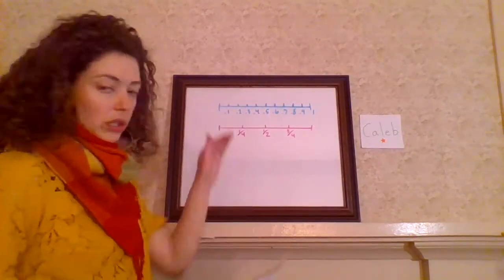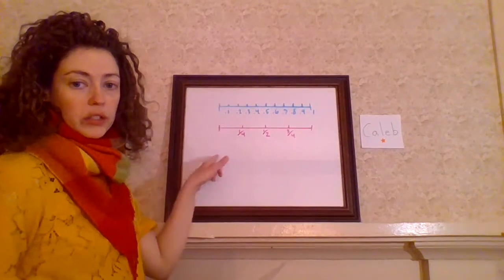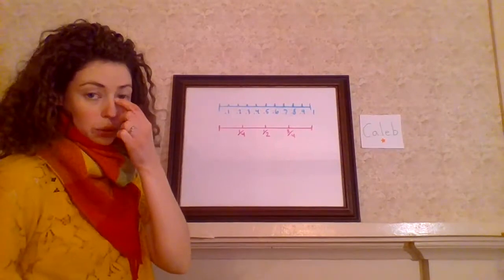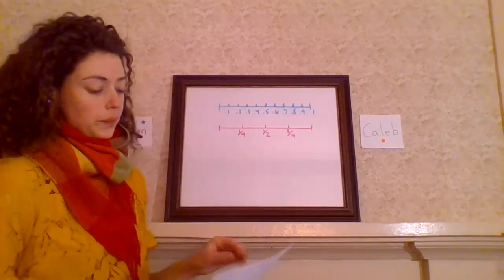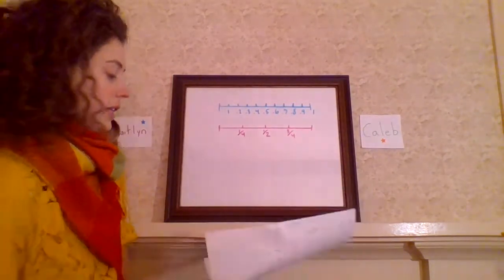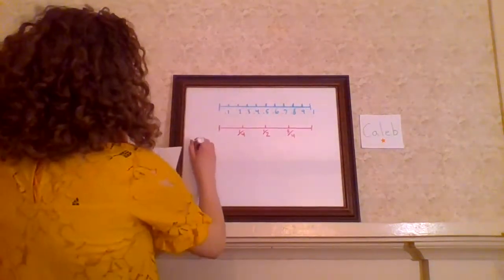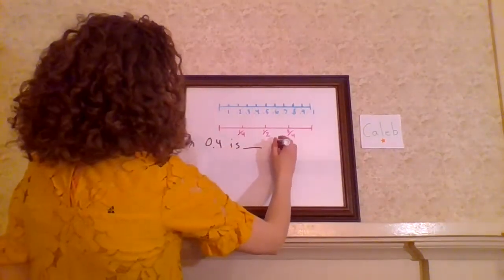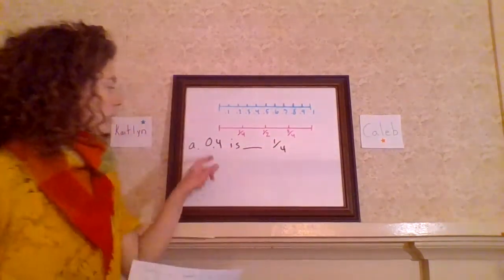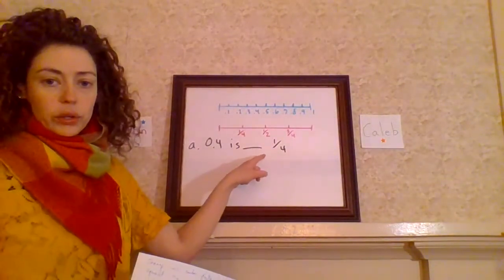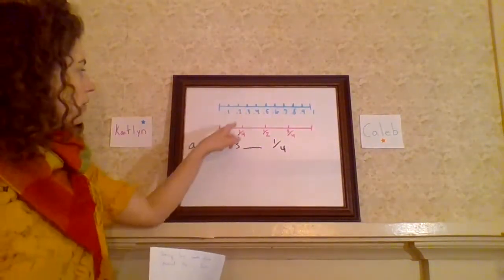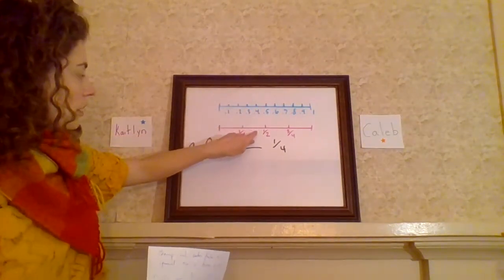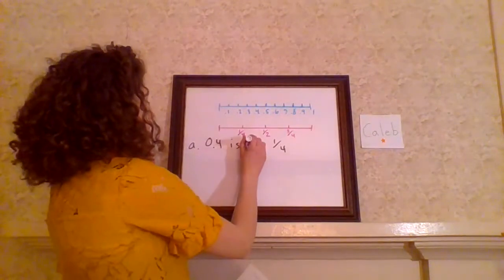So using these two number lines, I'm going to put some questions up on the board here, and you can do this in your head or out loud at home as we go along, or if you wanted to write this down, you could. Okay, so let's try this. 0.4 is what? 1/4. So 0.4, is that greater than 1/4 or less than 1/4? So if we find 4/10 up here and then we go down, well, that's bigger than 1/4,